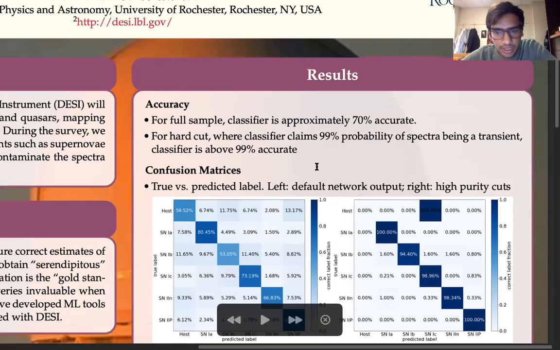So if we make a cut on the classifier, we can see that the results improve dramatically. Like this is almost all completely diagonal. This is one offset case, but let the numbers not fool you. The 100% here is not very representative because only 1 or 2 host galaxies have a high brightness. So this result is a huge improvement if you do make the cut.